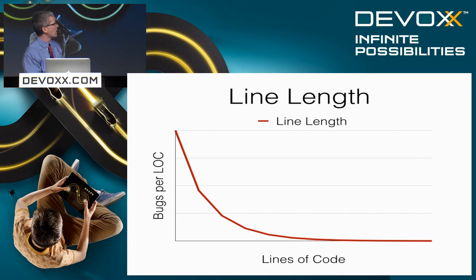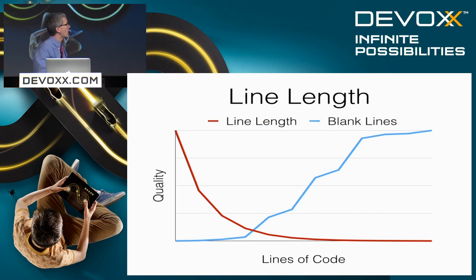Finally, I'd like to talk about line lengths. And this graph I find very interesting because there's a curve in it. As you can see, it starts at a very high value and then drastically drops. So basically, if you start at a line length of 0, you've achieved perfect quality because no logic is in that file at all. And as soon as you start writing any code whatsoever, then your quality drops drastically. So just keep an eye on that curve, and appreciate the quality with which this graph was done.